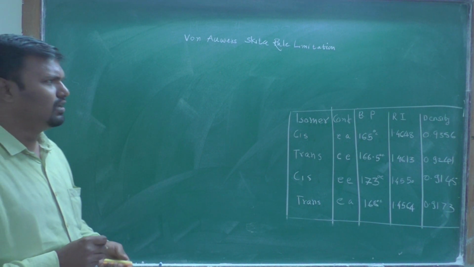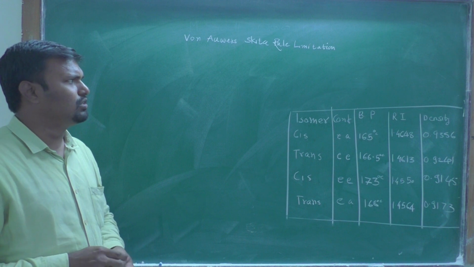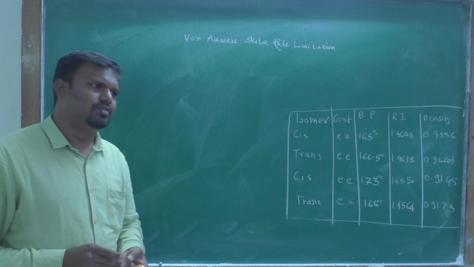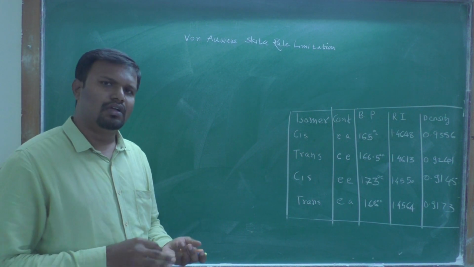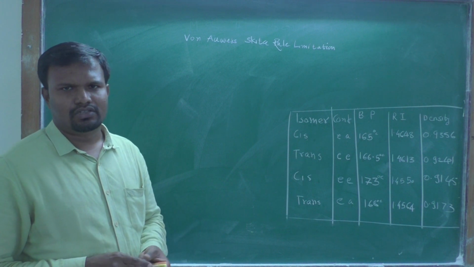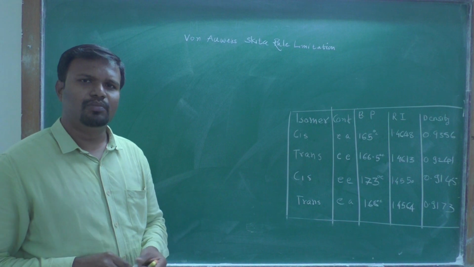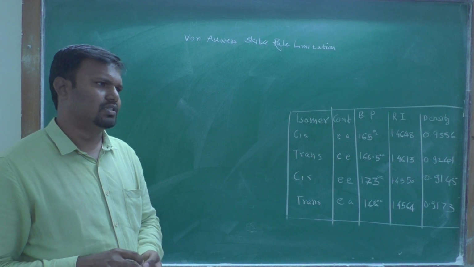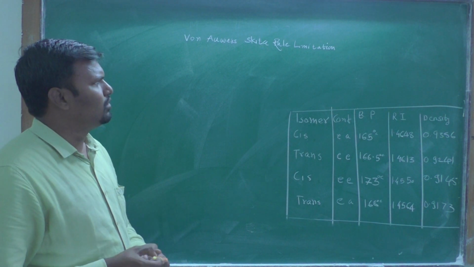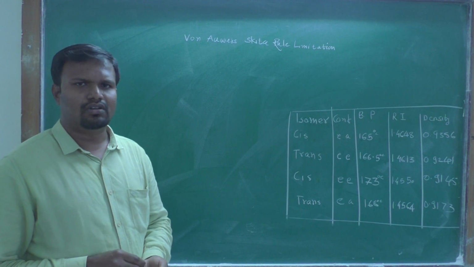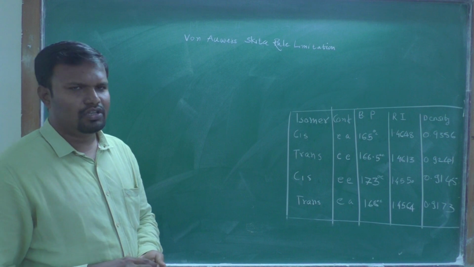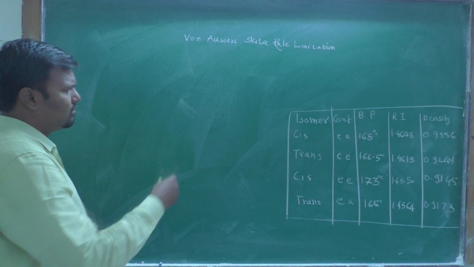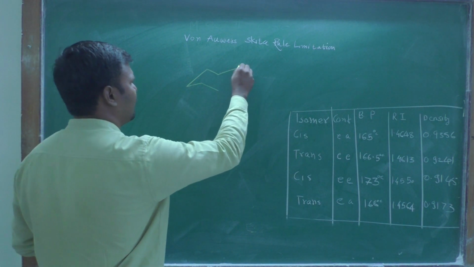Dear students, today we will discuss the limitations of the von Auwers-Skita rule. The von Auwers-Skita rule is limited for the compounds of alkyl cyclohexanols. The boiling points of the alkyl cyclohexanols are not in accordance with the von Auwers-Skita rule. The rule fails to explain the boiling points of alkyl cyclohexanols. We have the examples of